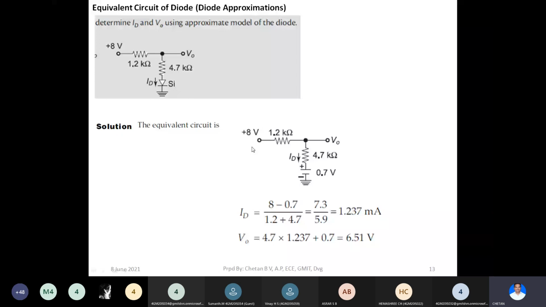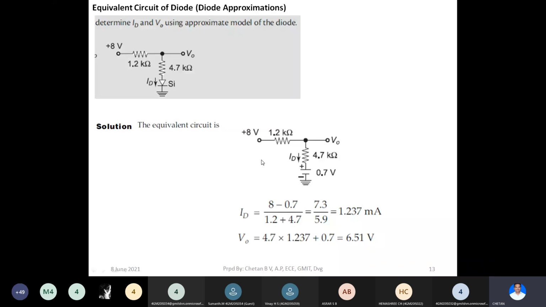If we start from this 8 volt, we get the negative terminal first. Therefore, take it as plus 8. Then if you move in this direction, the next voltage source that we get is 0.7. That too we encounter the positive terminal of this battery first. Therefore, take it as minus 0.7. This is one part of KVL, which is the summation of EMFs.